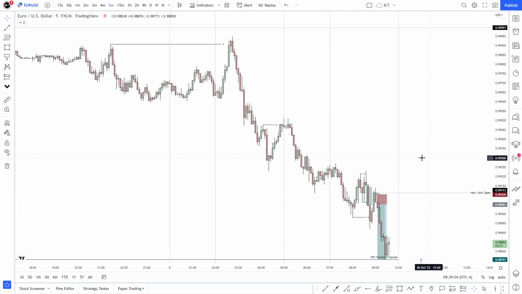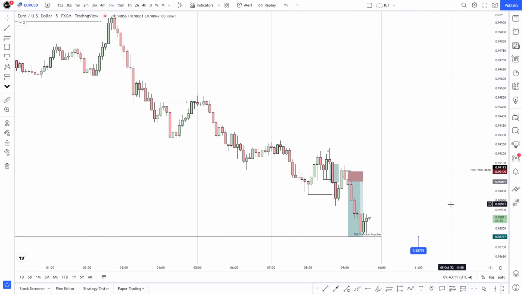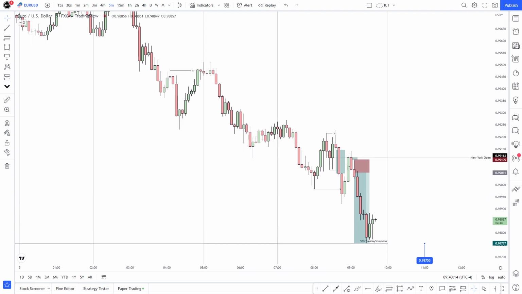Now, jumping onto the trades of the day, there was only one that worked out. The only trade of the day from my point of view was the one that I took. Might have been more, but I can't really say for sure about that. And let's look into it. Why could we take this trade? To put it simply, let me just, okay.